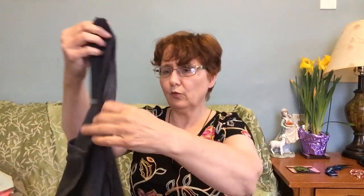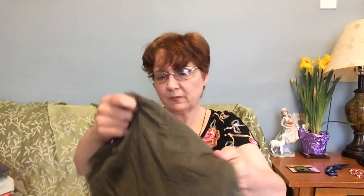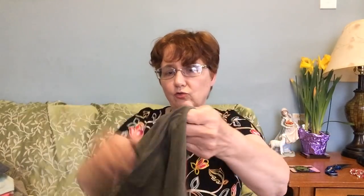And over here, oh, this has got to be Nic and Zoe. It is Nic and Zoe. Oh, do I want to spend on Nic and Zoe this time? This is a gray. I don't mind this kind of gray. It's got kind of a richness to it for gray. It's exactly the right shade, kind of a charcoal gray. This is just a little tee, but it's a nice enough tee that I could wear this with a blazer over it for work. And I love stuff like this. I love my Nic and Zoe tops. They're probably my favorite of any Trunk Club thing I got. This is...